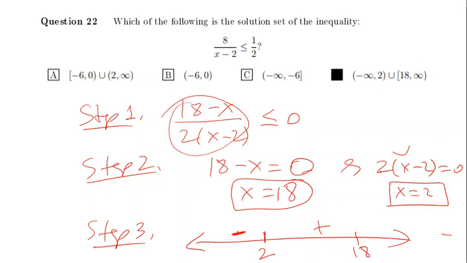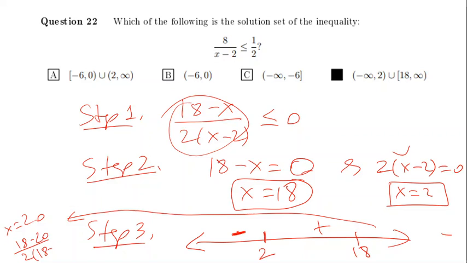And if you take a big number here, like let's say this 20 here, so what happens? 18 minus 20, it's a negative number, and 2 times 20 minus 2, it's positive, so negative divided by positive, we will get a negative number. So we got negative. So then